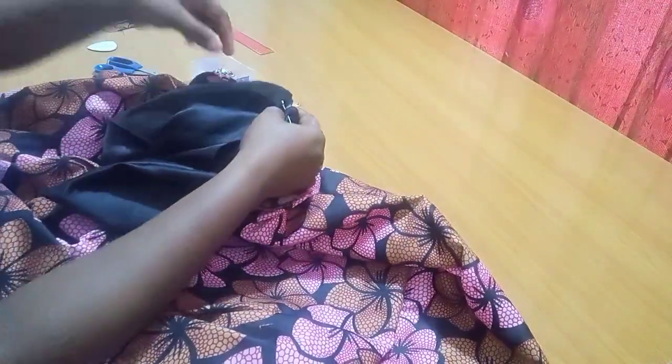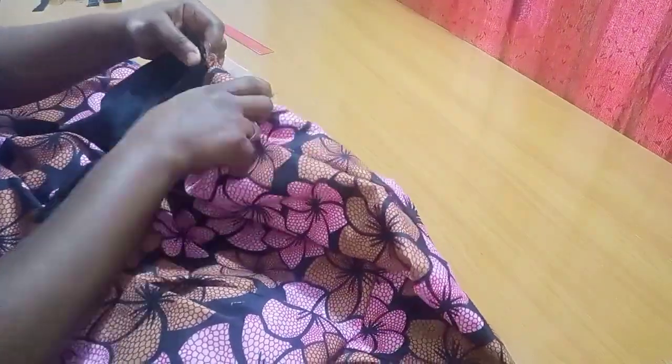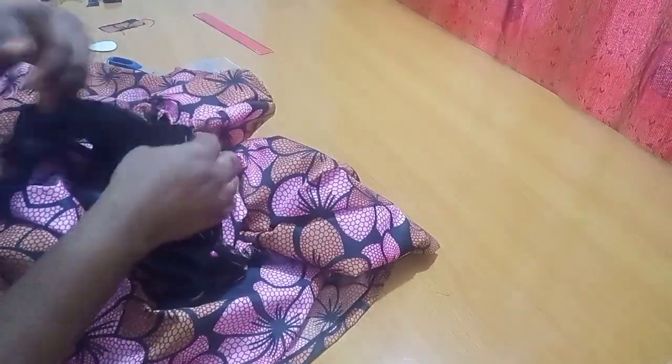Then I'll be making my sew from one center point all the way around to one end of the back piece, and I'll do the same thing for the other side. So you can see me using my pin now to demonstrate this. Okay, guys, so this is just how the sewing is going to go. Once I'm done doing this, then I'll go ahead and